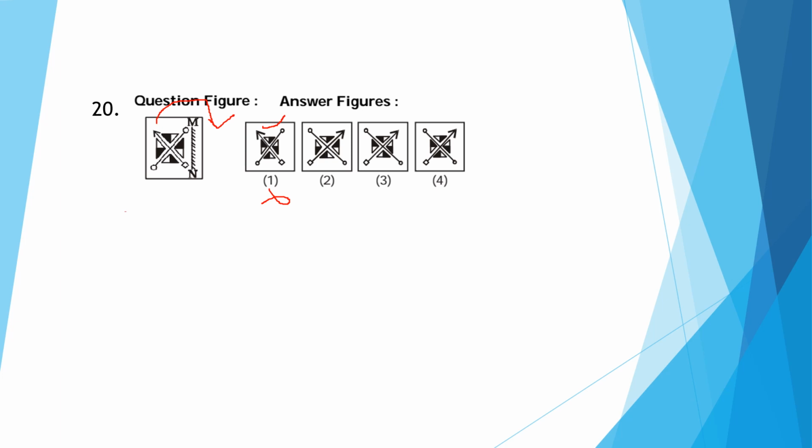So observe the remaining things. Observe these remaining things, 2 dots as it is there. So carefully observe this triangle shade in left side. So in question answer figure, this triangle shade will come right side. See, observe. So in third option, same as it is in question figure. So wrong.